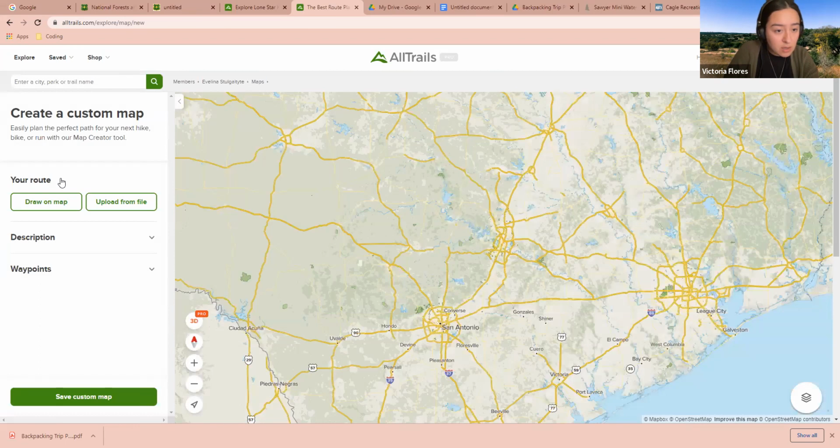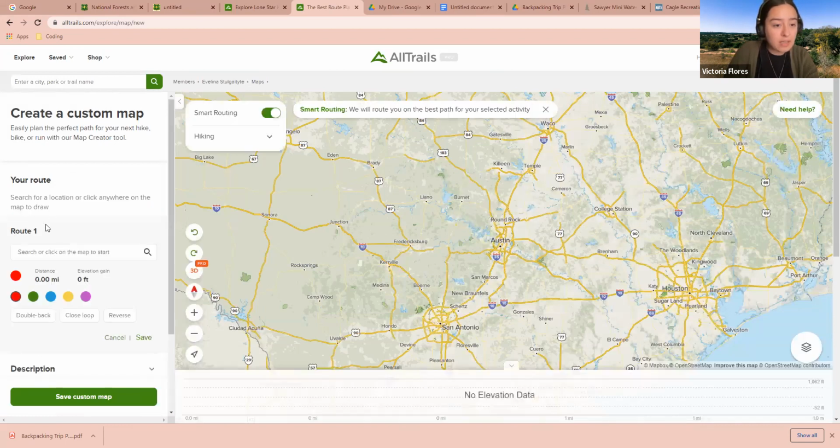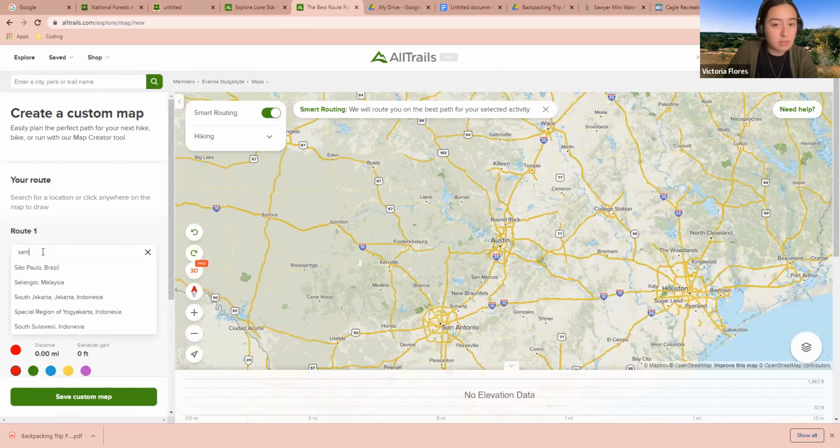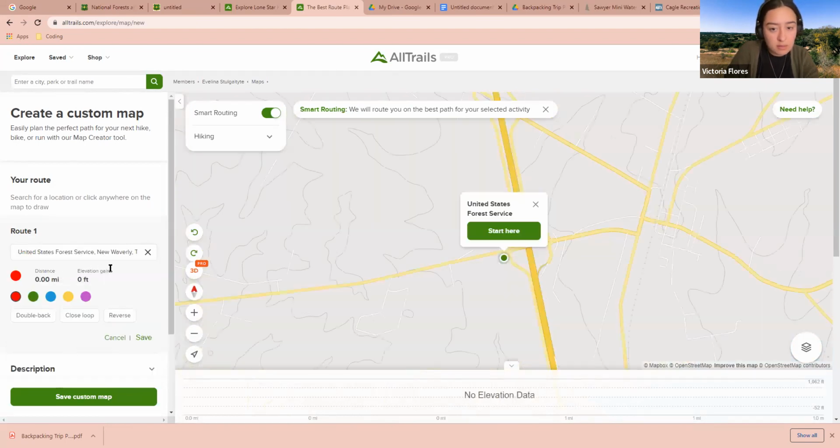And then, in order to get to the national forest, click on draw on map. In that little search bar, go ahead and type in Sam Houston National Forest. Let's zoom out a little bit.